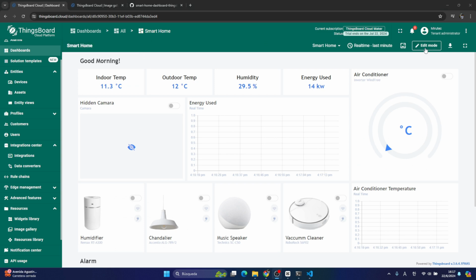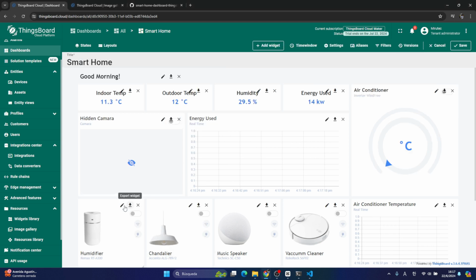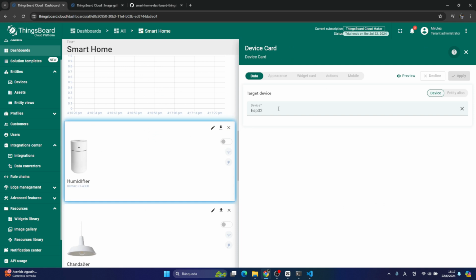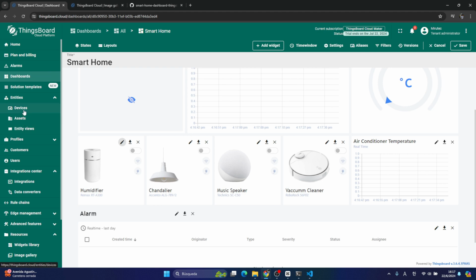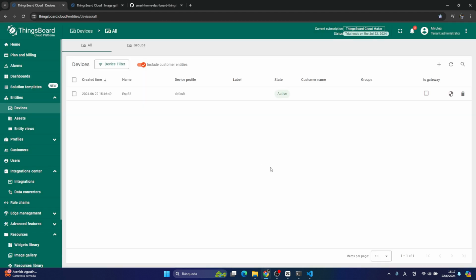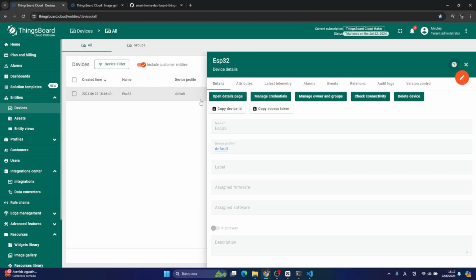And also we have to update the entity ID from our custom widget. So click on edit widget here, in appearance, you will see a field named entity ID. So where is the entity ID from my sensor or my device? If you go to the device, go to ESP32, you will see the device ID. So copy this device ID,